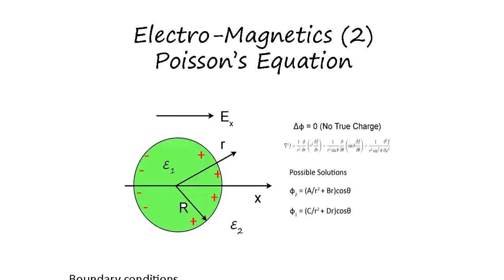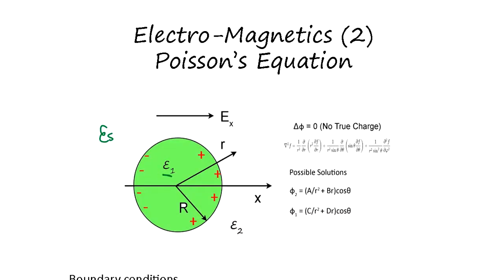Electromagnetics: Poisson's equation. Now we apply the Poisson's equations we learned in video 1. I suggest you go to video 1 and review before you get into this video. So we consider relative permittivity